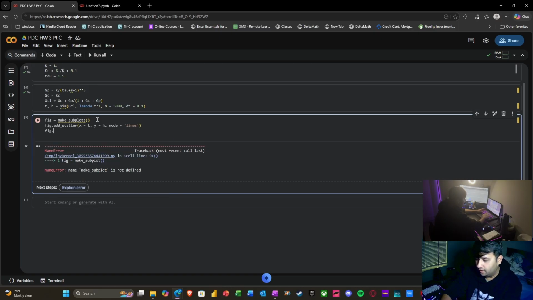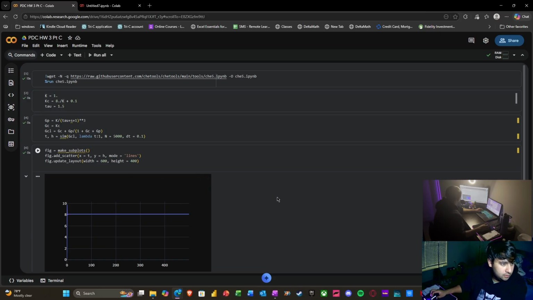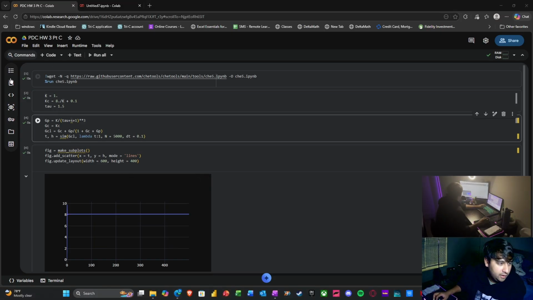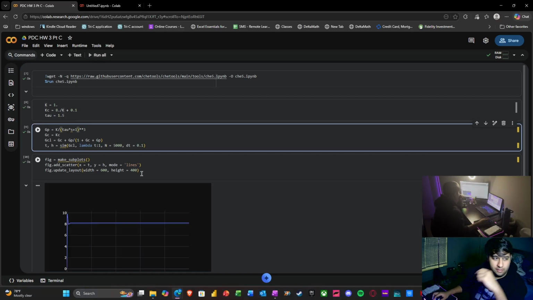And then just to make it a little easier to see, we're going to update the layout with our width being 100 and our height being 400. It's not supposed to look like that. Okay, one more thing. It's supposed to be multiply, and then if we run all,